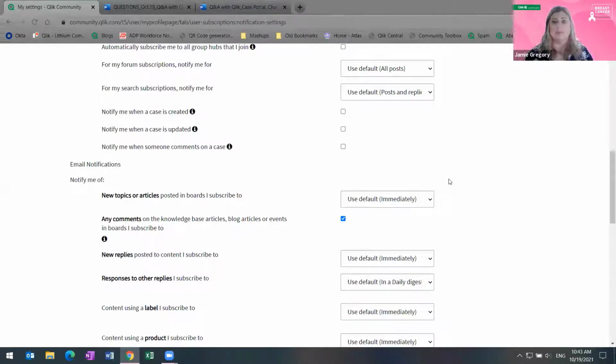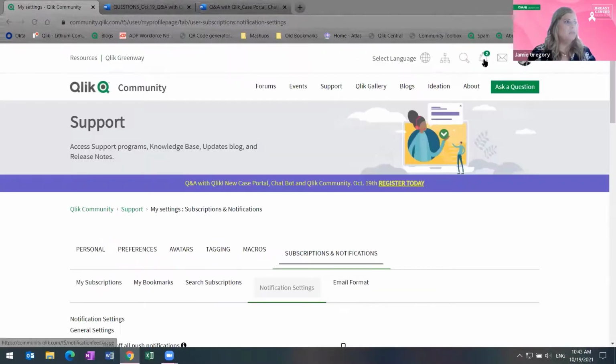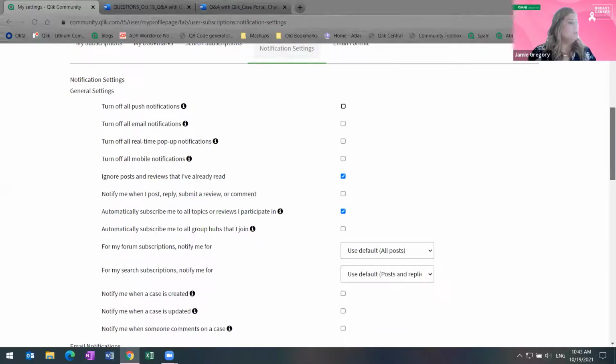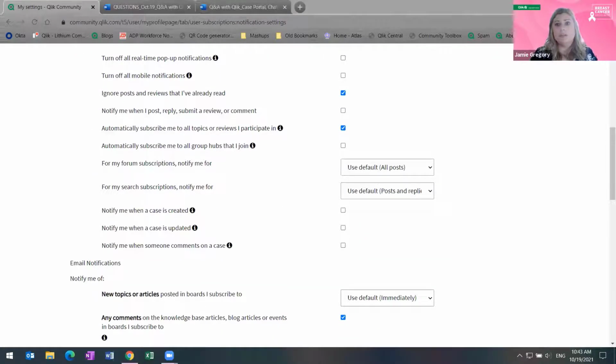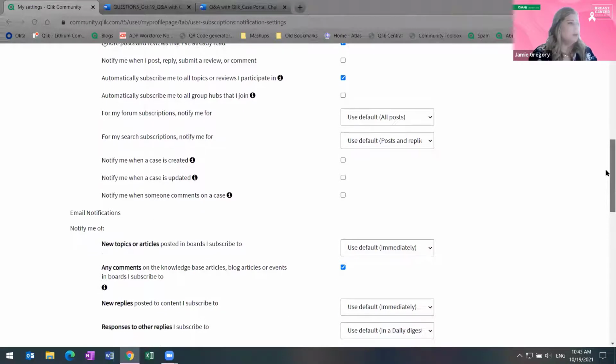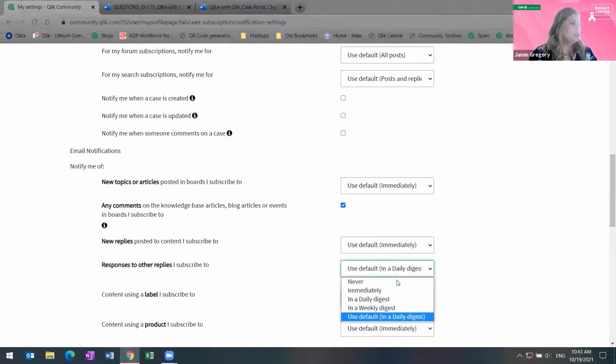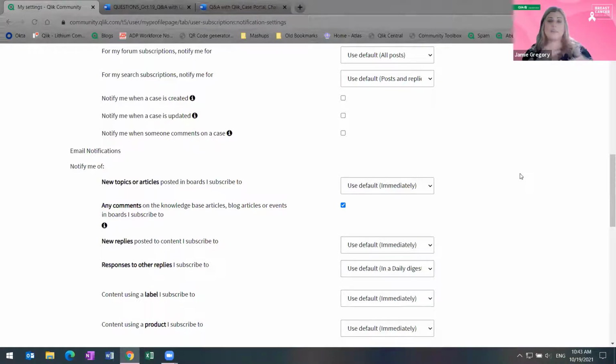You can get notifications within the community itself, here at the top with the little bell. I believe there's also an article on this in the Get Started portion that will walk you through the different settings. You can select a daily digest or a weekly digest, so you can get emails with updates throughout the day or week of things happening out in Qlik Community.